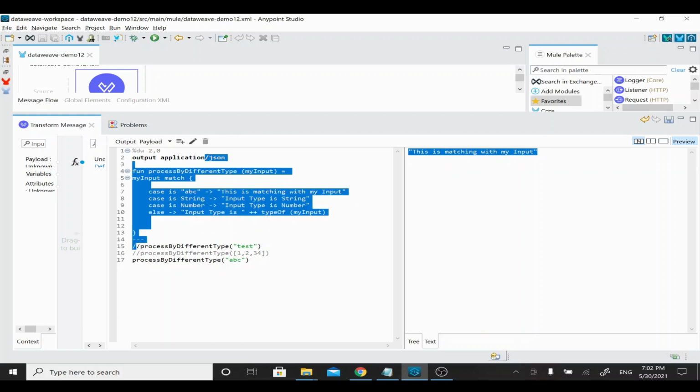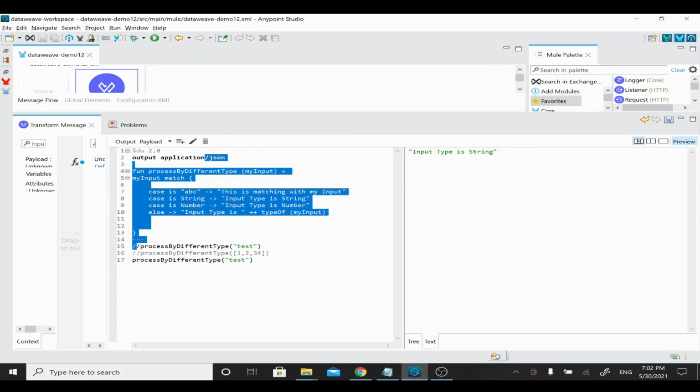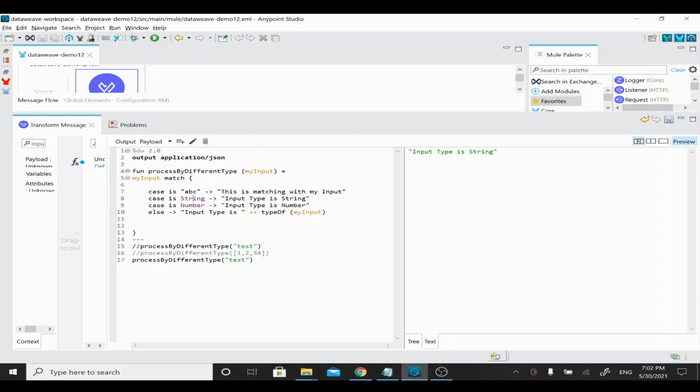Now if I give another value, like test, it will not match the first case statement, it will go to the second matching statement. If you see here, the second one is string, so it's matching with input type is string. If you wanted to give some other number, for example 54444, it will match with the number, so it will give the type of number.